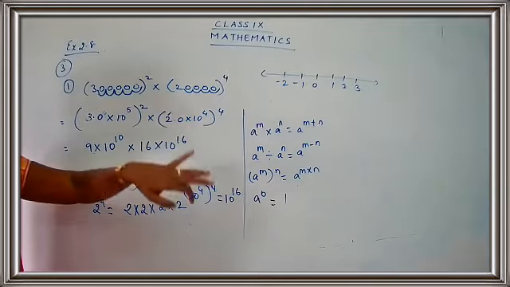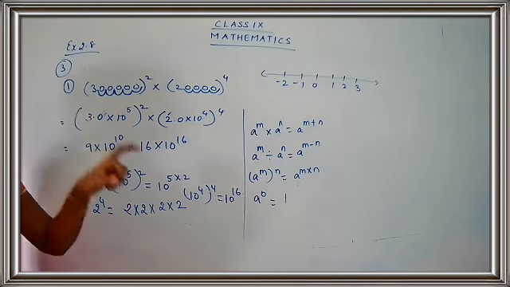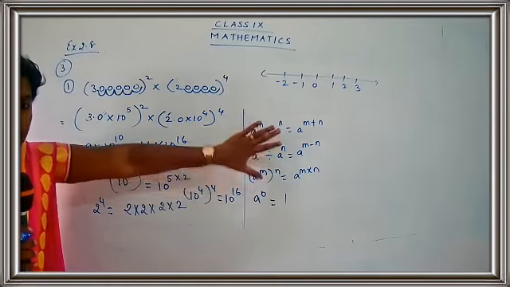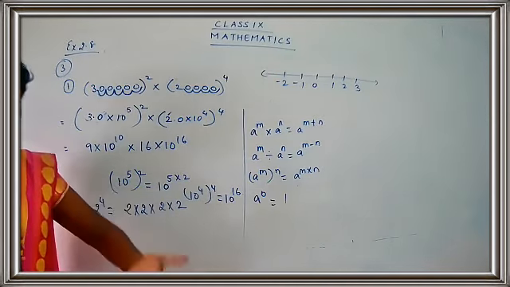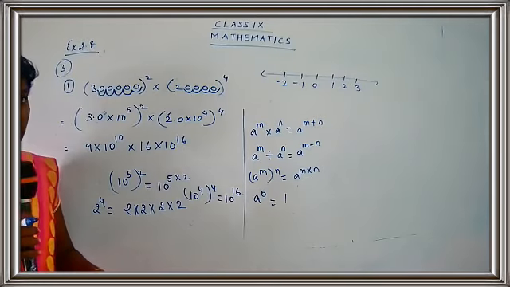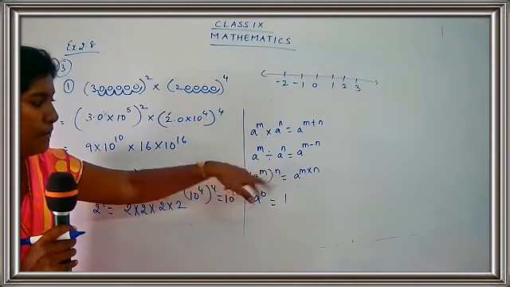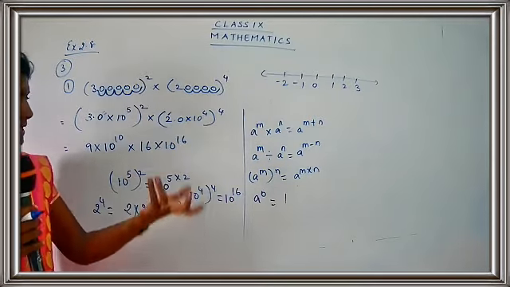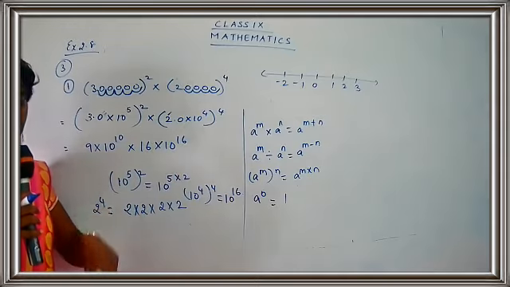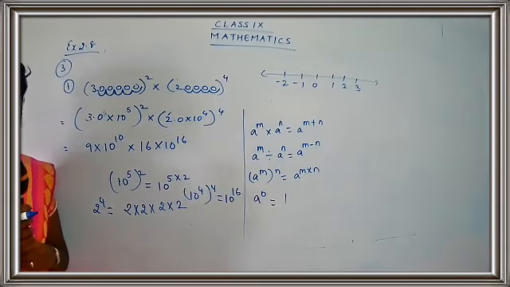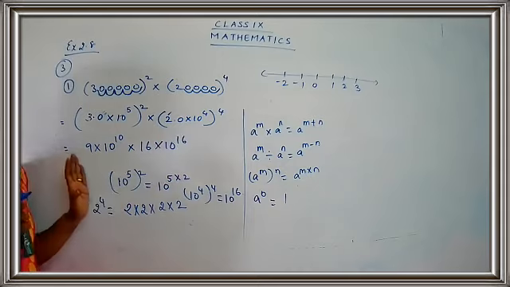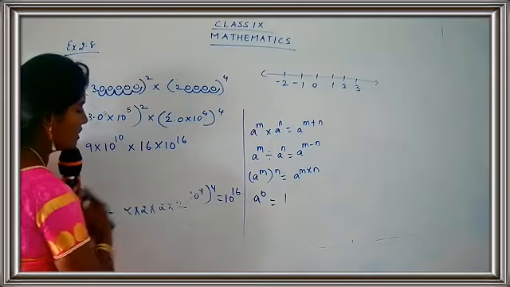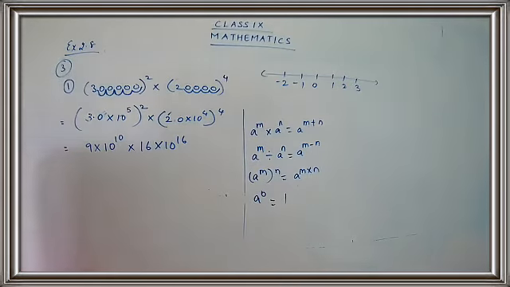So remember to apply the law a raised to m the whole raised to n. I have just given you the law, children. So whenever you do the sum, you can just refer to the law so that it can be easy. It will be easy for you to understand the concepts. Okay, children. So a raised to m the whole raised to n is a raised to m into n. So 4 into 4, 16. So what is the answer? 10 raised to 16. Along with the base, you get 10 raised to 16. Okay, I have just done some of the simplification. We have still more steps to go. Let's do the next step, children. Are you clear till here?